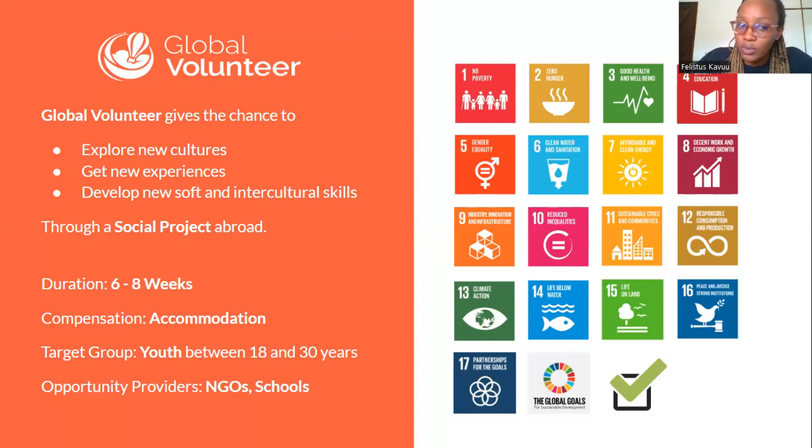If you are not sure about what that is, you can pause, ask your VP iGV, and then just note it down. Remember, as LCP, you need to understand everything. If you have 5 projects, know what these 5 projects are, where they are located, how much the EP fee is for each and every project, how much the project fee is basically. Then it's for people between the ages of 18 to 30 years old, and our opportunity providers are NGOs and public schools.